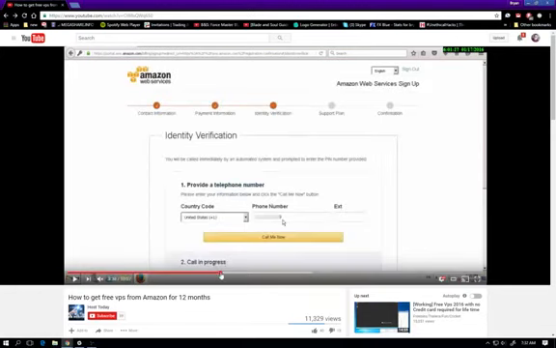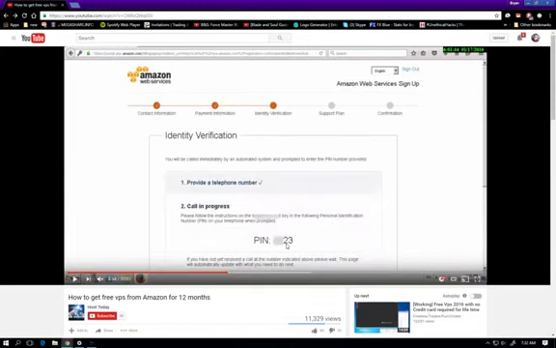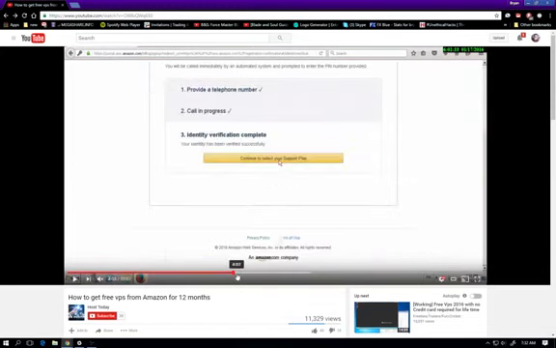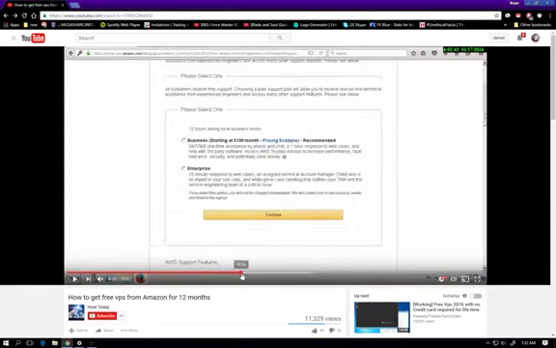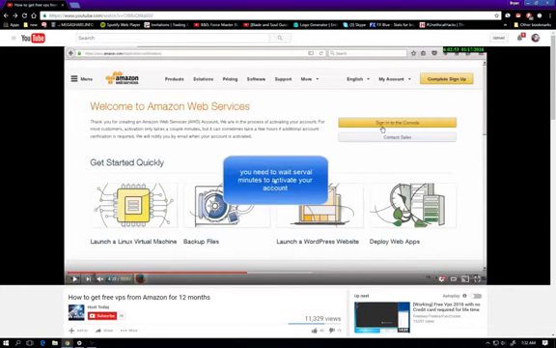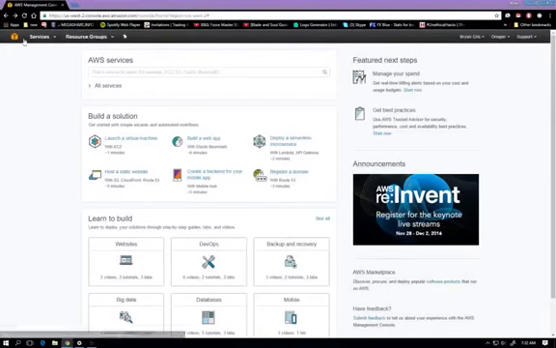Support plan, you're just going to pick basic. Let's get to there. See, it's going to give you a PIN, call you, you punch in the PIN. And then after about a minute after you punch in the PIN, it'll say continue. So we'll go ahead and hit continue. Support, this is wrong. It's going to have 4 different options. Just pick basic. We don't want to do anything. Okay, now it's going to go to a screen that looks like this. Do complete sign up. Okay, so this is wrong again. You're going to do complete sign up. Now, after you click on complete sign up, you're going to come to a screen that looks like this.